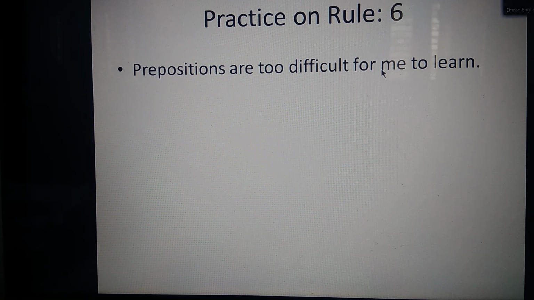In some cases, we may not have objects like this with the preposition for. Say, like for me, for them, for him, for her, for us. So let us think that this part is omitted from this sentence. So, prepositions are too difficult to learn. In that case, we need to imagine the subject. So who will learn? The answer is certainly students. The answer is certainly the learners. The answer is certainly the